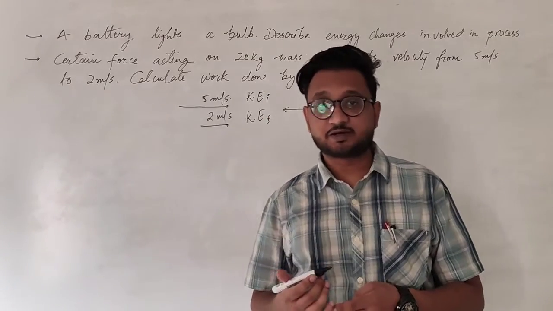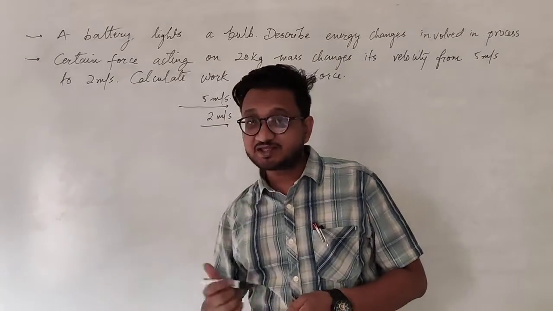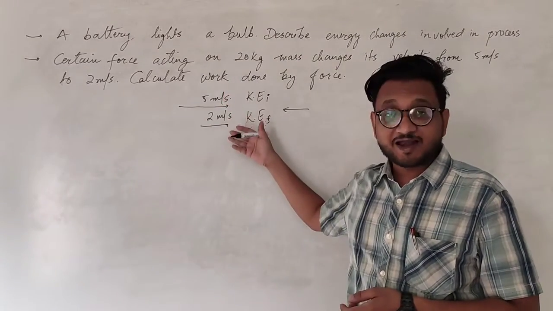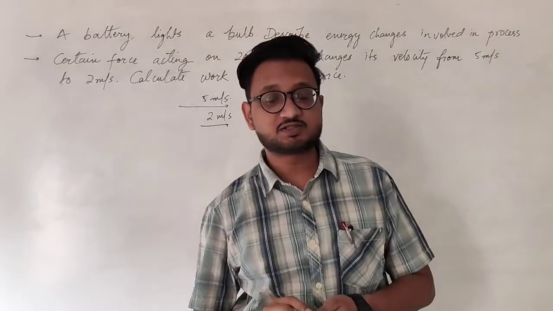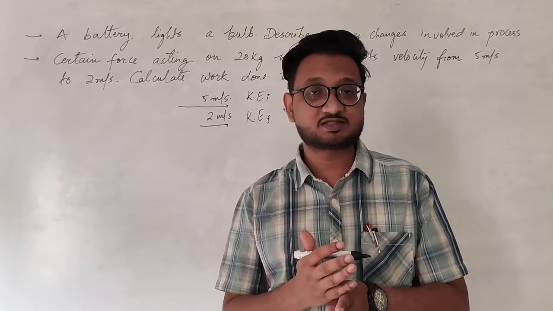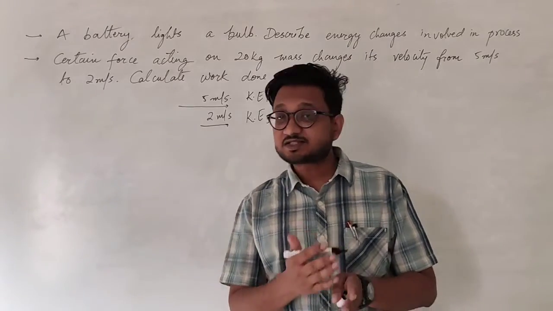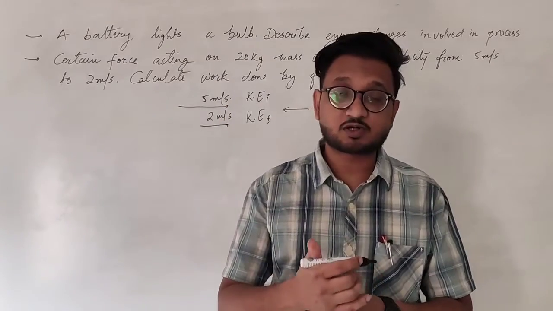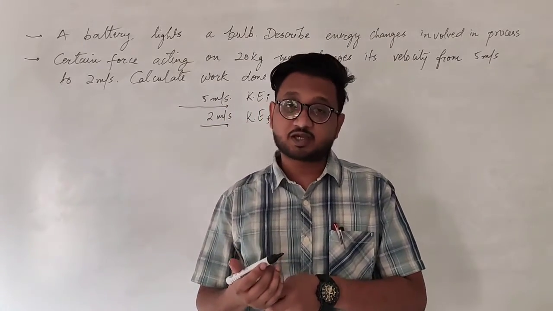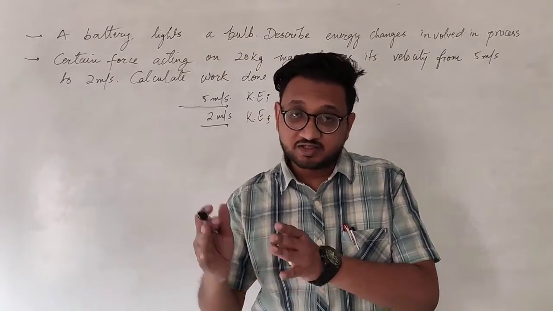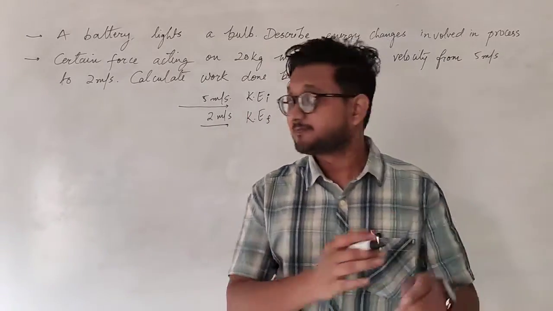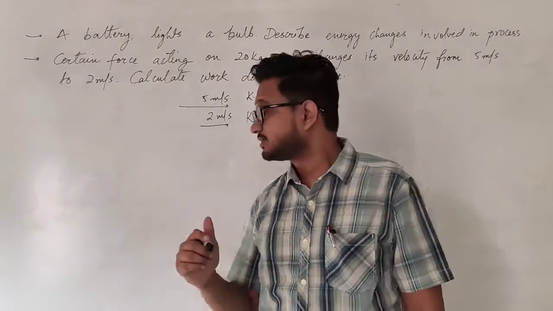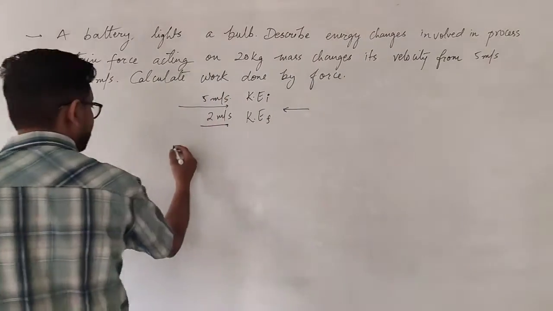So how much work is done? If we calculate the change in energy, how much the energy has changed? Final minus initial will give us a certain change in energy, and that change is equal to the work done, because whatever amount of work is done is only because of the certain amount of energy you have. So that much work caused a certain amount of change. If we calculate the change in the energy, we can calculate the amount of work done. Simple. So first of all, you need to find the kinetic energy.